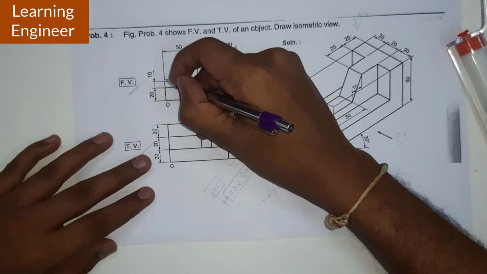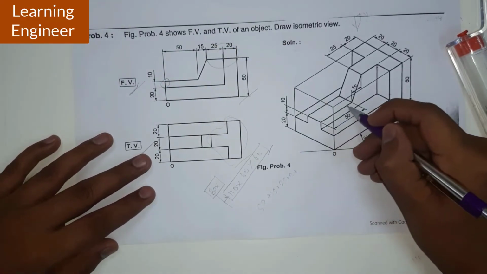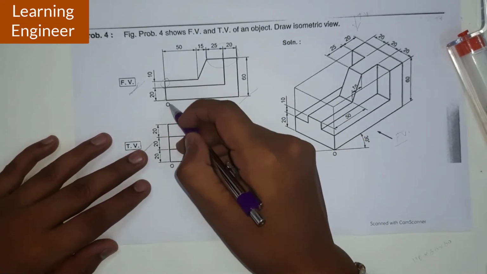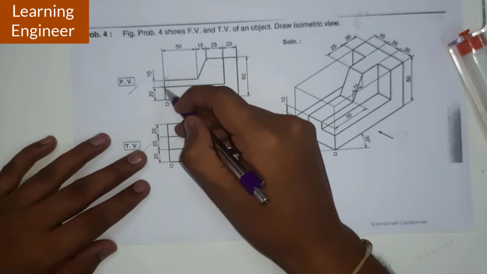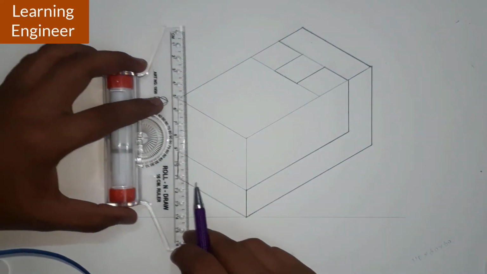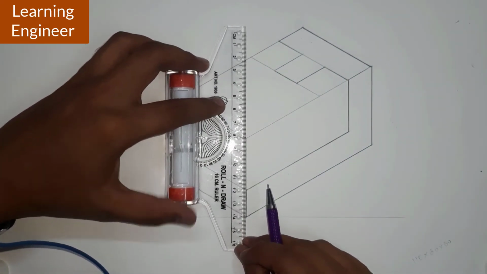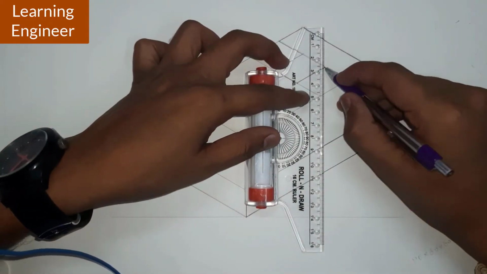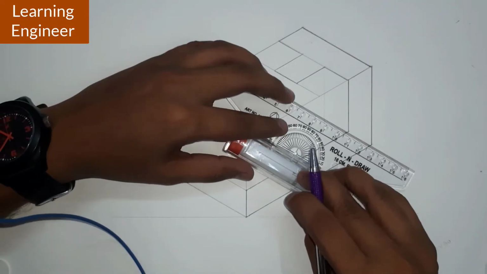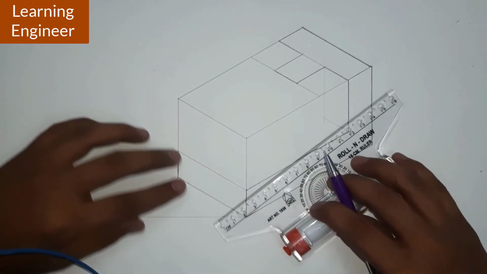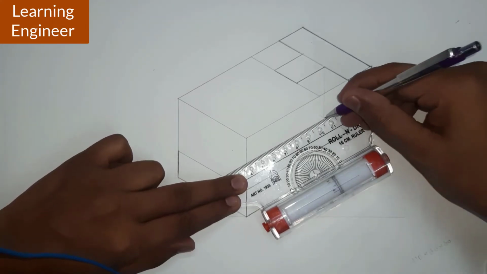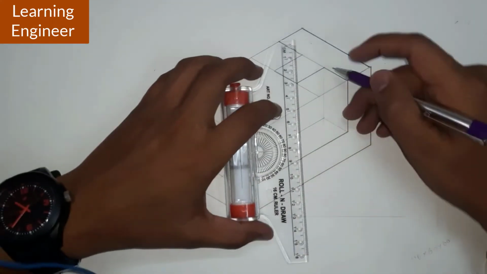Now we have to mark this particular line, meaning this particular surface, which is at a distance of 10 from here. At a distance of 10, this 20 we have already drawn. This particular 10 we have to locate. So at a distance of 10 we will be drawing a line. Now from this particular line we have to come vertically below, and parallel to this we have to draw a line. Wherever it intersects, that gives the 20 mm. You can see like this.